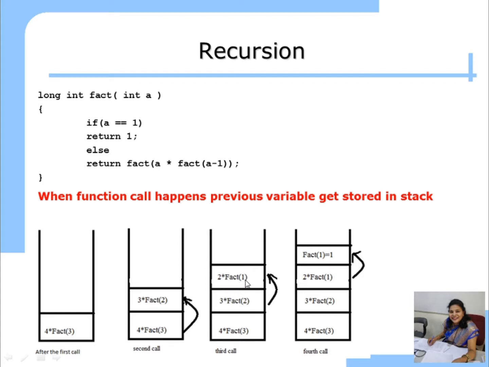Again, at this stage, a gets the value 1. Again we compare. Is 1 equal to 1? Yes. Now we get a as 1. So 1 factorial is what? 1. So here fact of 1 is 1. So this is how, whenever the function call happens, it gets stored onto the stack. But our aim is to find the value of 4 factorial. We still have not got it. So now, after pushing all the function calls on the stack, we compute each and every value, pop it and compute all the values to get the final answer.